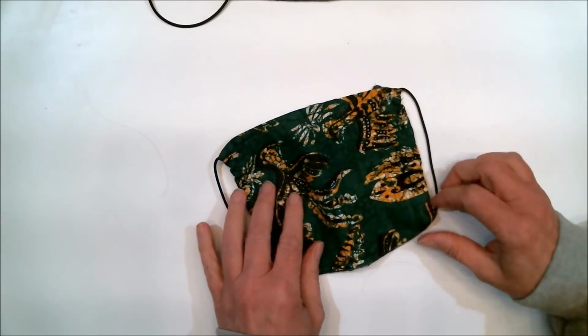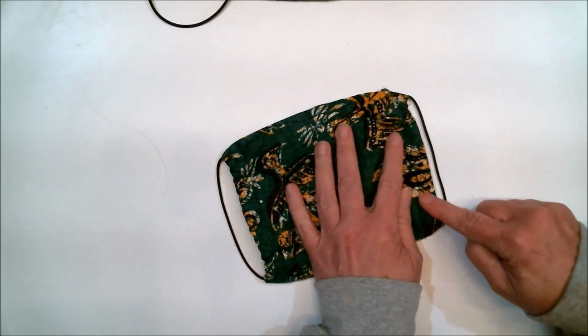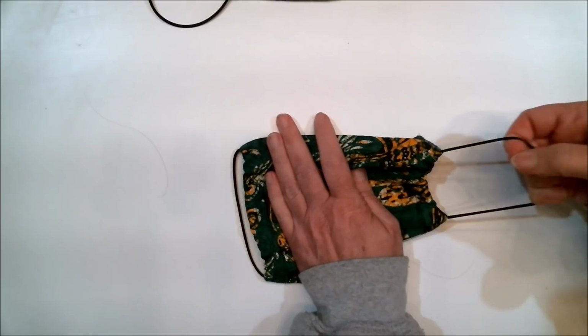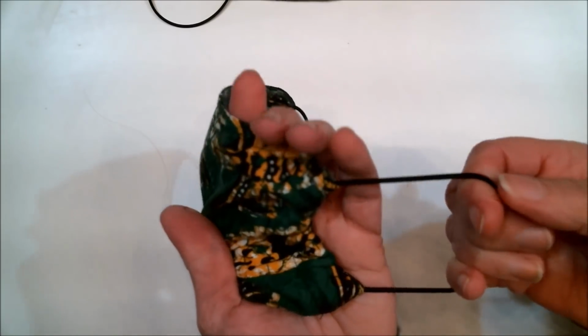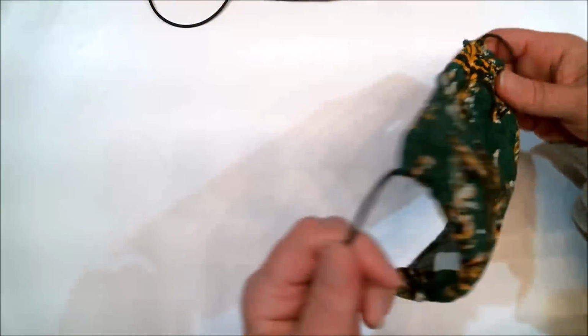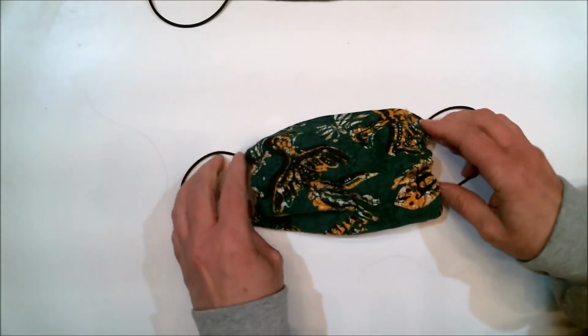So here's the face mask without any pleats. And here's the elastic threaded through the ends. And sure enough, when you pull on that elastic to put it over your ears, it gathers it at the ends, just like that. So I am going to put this on and show you what it looks like on,